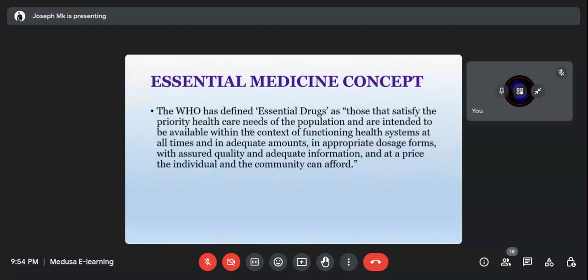And some of the examples that we can give, epilepsy. There are people who have that. So some of those drugs should be available and accessible at any time. Maybe even, which one? Okay, I've forgotten some of the examples, but Panadol or paracetamol is the most common example that we can give as essential medicine.